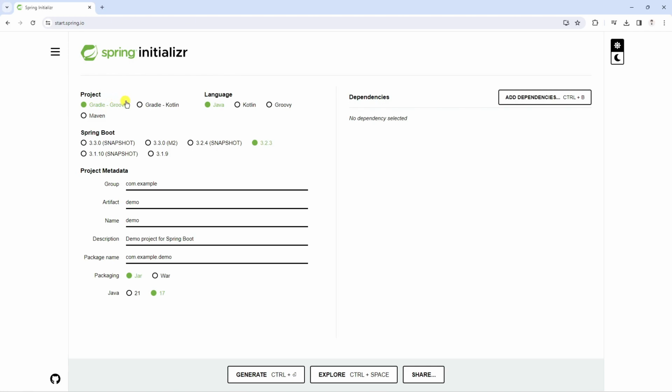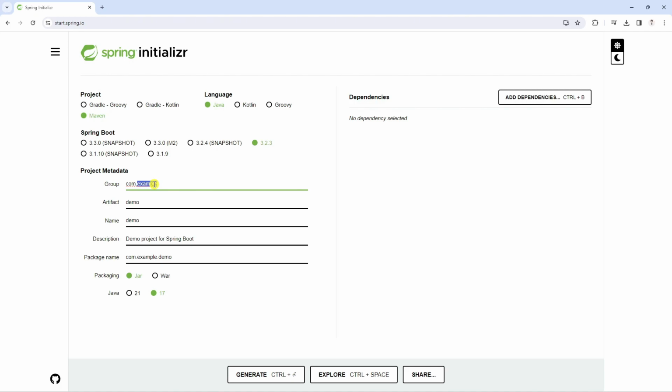You can choose Gradle for Kotlin, Groovy, or Maven. For me, I choose Maven, and for the languages there are also Groovy and Kotlin, and I will stay with Java. And for the Spring Boot version, let's leave it by default. The version is 3.2.3.